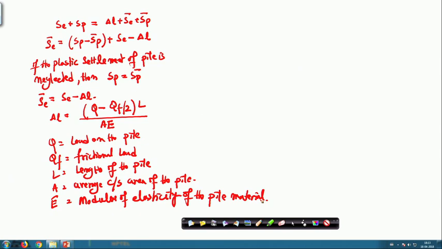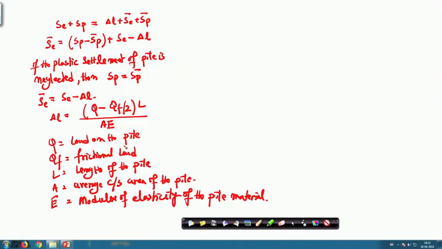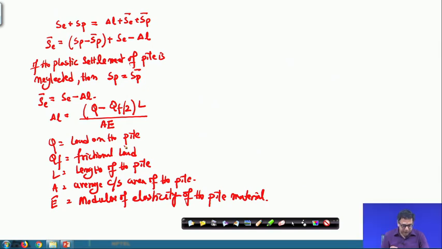But here, the total load which is Q is applied on the top, but as some friction component is there, that friction component is subtracted. That means only the tip component is giving that del L part. So that is the idea, some friction component is deducted. So that is the expression. Now I will explain how I will calculate the pile load capacity separately.